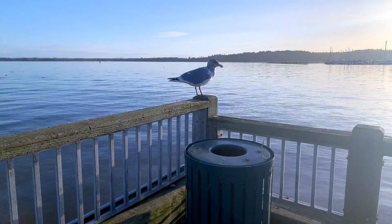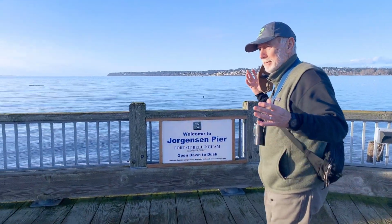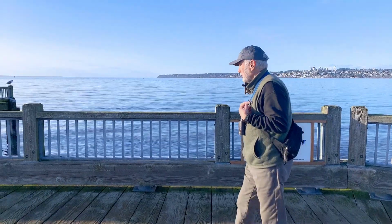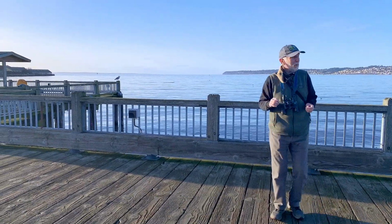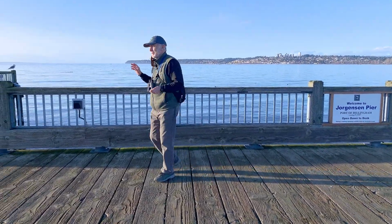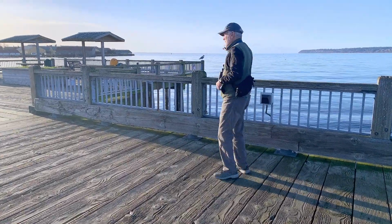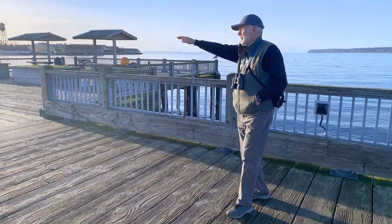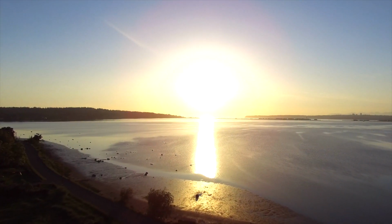And here we are on the Jorgensen Pier, as I mentioned before. It's named after Jim Jorgensen, the guy that put this all together for all of us. And as we walk out on the pier, which is very popular for crabbing in season, this gives us a huge view of Semiahmoo Bay, the channel between Semiahmoo and the big expanse of Drayton Harbor,